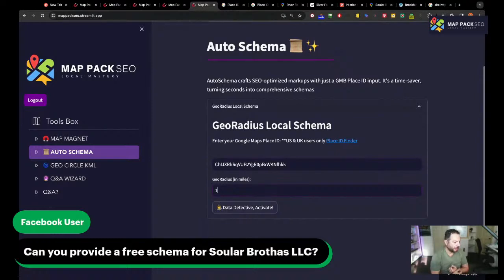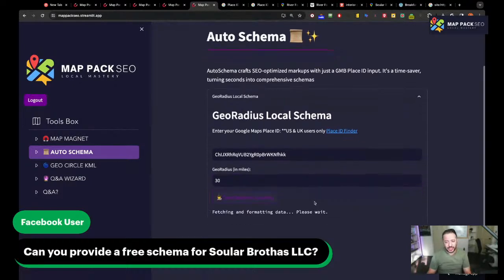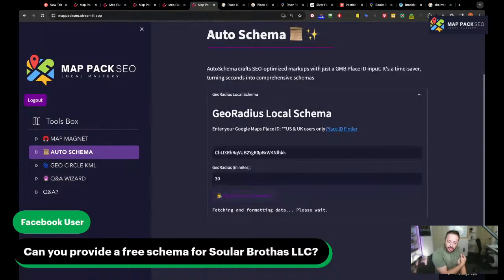I mean, don't tell me 50 miles, because some customer told me to add 200 miles. And I'm like, that defeats the purpose of doing local SEO. It's 30 miles. Okay, that's a big area. Proximity is number one in ranking factors. Let's see if this is going to be able to build it, because sometimes I test it with 50 miles, but it gave an error, and sometimes it doesn't. So it depends on how many cities are in that 30 miles.